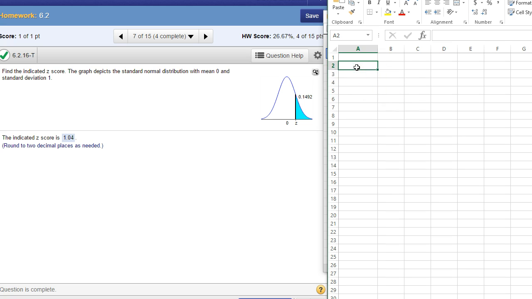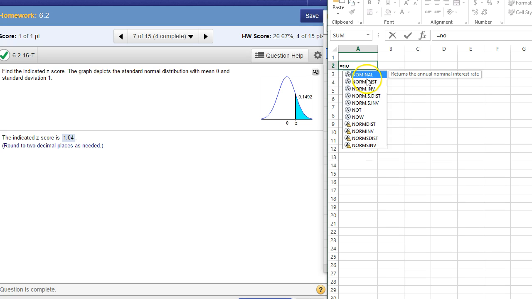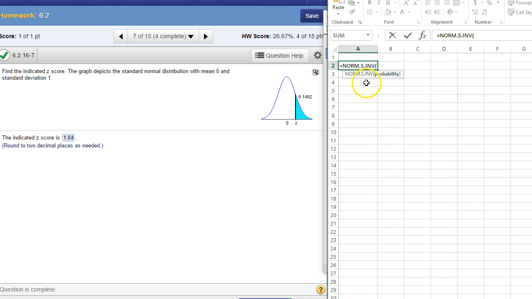Excel can handle it. It's just not as nice as the calculator or especially StatCrunch. But Excel has a normal and an inverse normal. If you start typing in normal, there's normal distribution, inverse normal, standard normal distribution, and standard inverse normal, which is what we're dealing with here, standard normal. If I click on standard normal inverse, you type in the probability. It has to always be area to the left, just like with the regular TI calculator. So we would type in 1 minus the area to the right, so 0.1492,